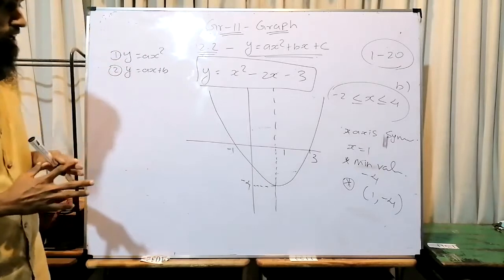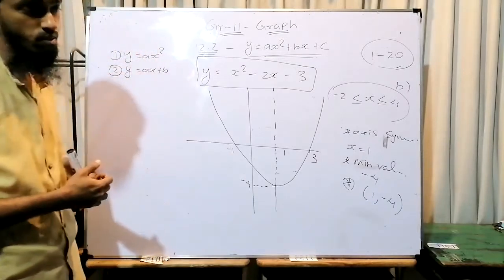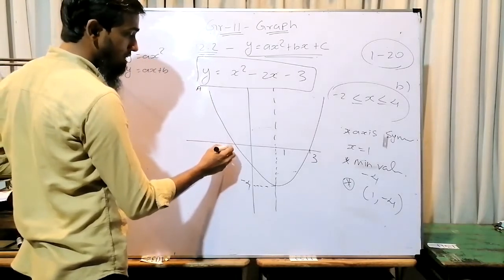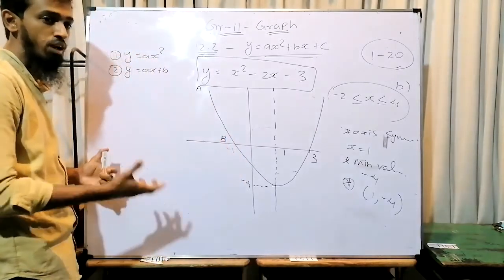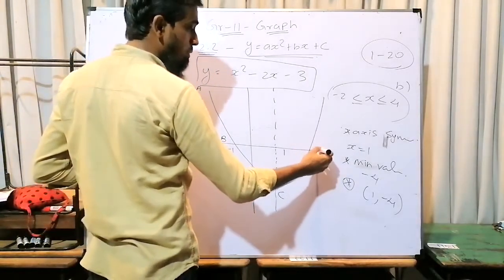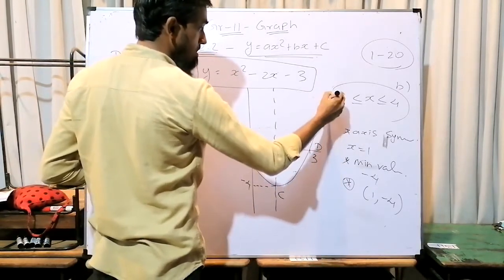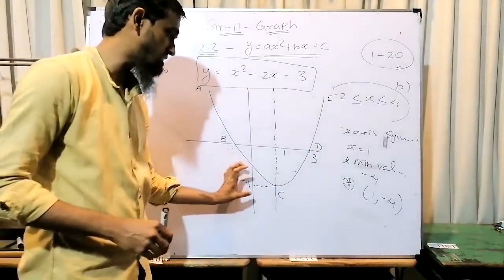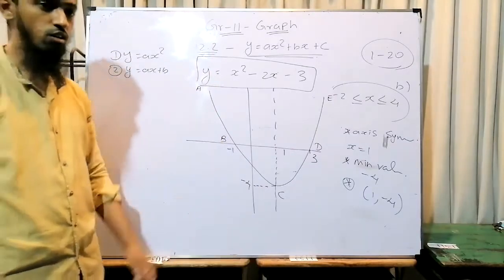In grade 10 also, we divided the graph into four portions and described it. This is the starting point, A. This is the point where the graph intersects the x-axis, so we make a point there, B. Then the turning point, C, then the next point intersecting the x-axis, D, then the ending point, E. So AB is the first portion, BC the second, CD the third, DE the fourth. So we have four portions.